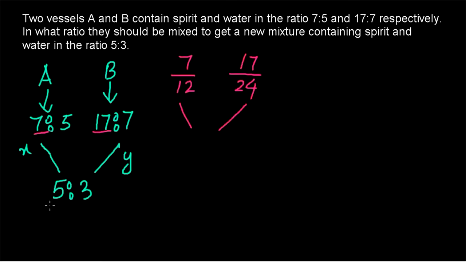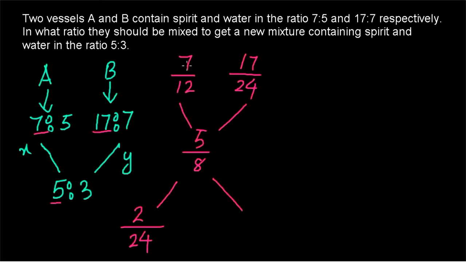Therefore we will be having the quantity of spirit as 5 by 5 plus 3, so it will be 5/8. Now we have to find out the difference. Difference between 5/8 and 17/24 will be given as, we are having the denominator as 24 and 5 into 3 is 15. So 17 minus 15 is 2, so 2/24